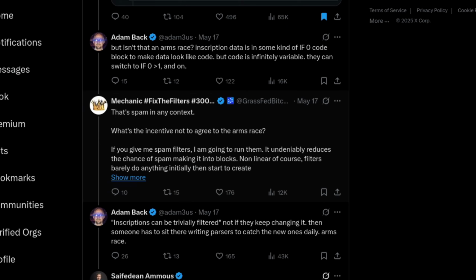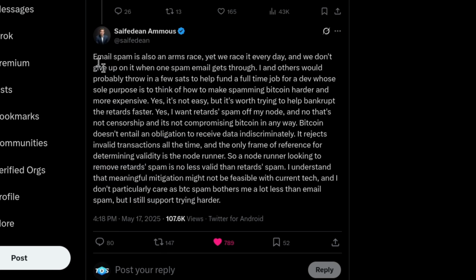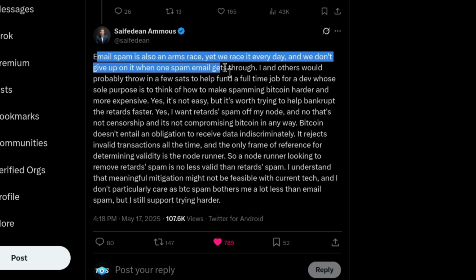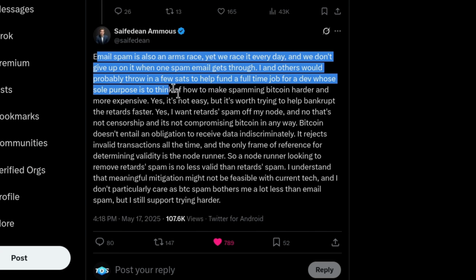Now, the comment of the day would be this one from this guy over on X. He says, email spam is also an arms race, yet we race it every day, and we don't give up on it when one spam email gets through. I and others would probably throw in a few sats to help fund a full-time job for a developer whose sole purpose is to think of ways to make spamming Bitcoin more and more difficult, which I think is the way we should go too.